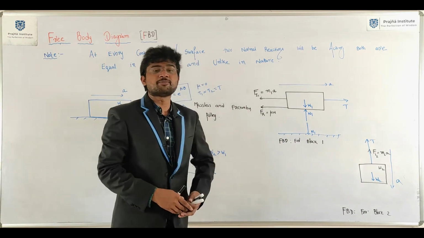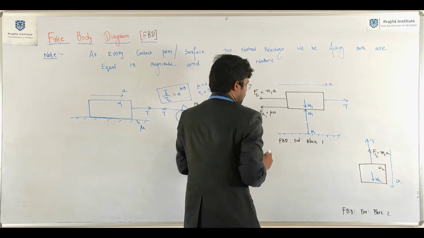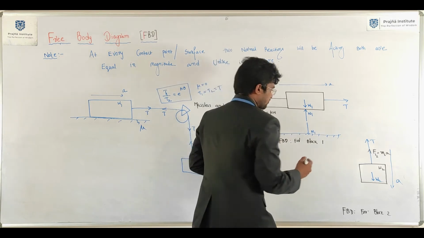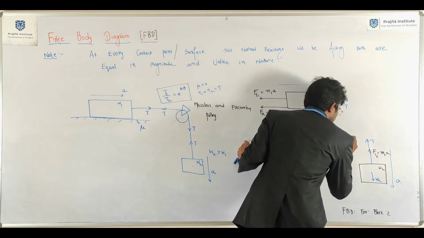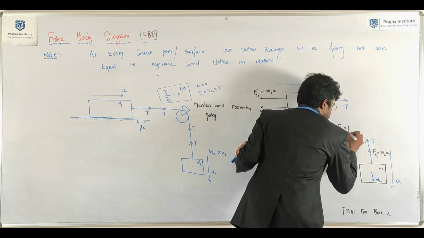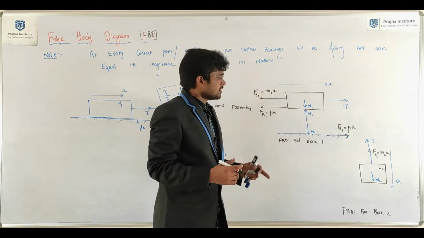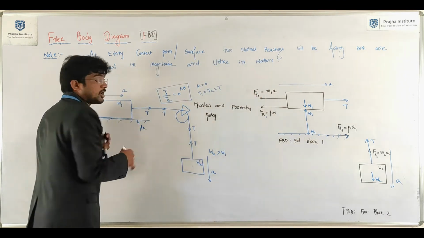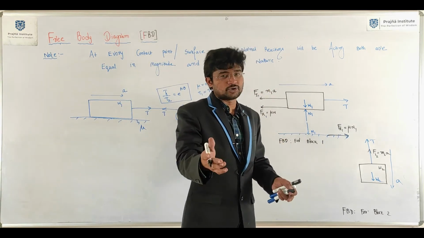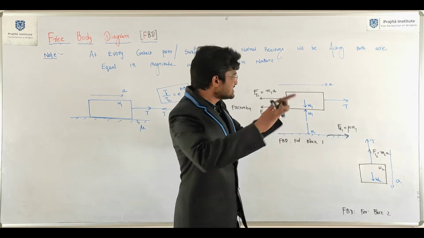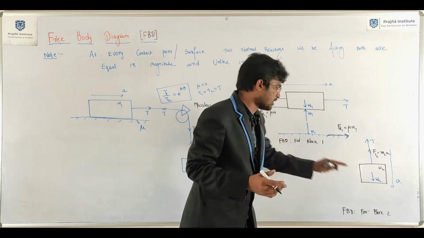Now you have the free body diagram for block 1 and block 2. One more thing to note: FR1 is the frictional resistance at the contact surface. We need to consider the concept of relative friction. FR1 is equal to mu into N1. The free body diagram for the floor is not required here, but you should know how to draw it also, as it will be useful in some cases. This is the actual procedure to draw the free body diagram for the system of block 1 and block 2.